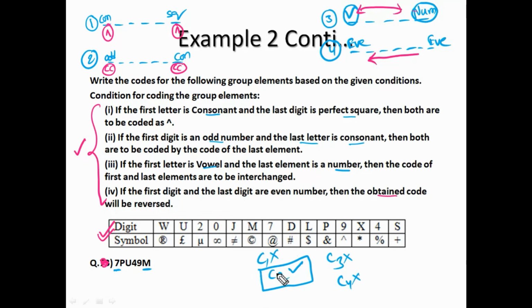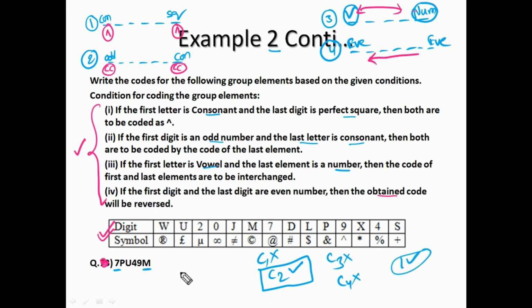Sometimes it will be like this only. Sometimes, for one set of elements, there may be more than one condition following simultaneously, as we saw in the previous question, right? This is example number 2. In example number 1, yes, for some words there may be more than one condition following.